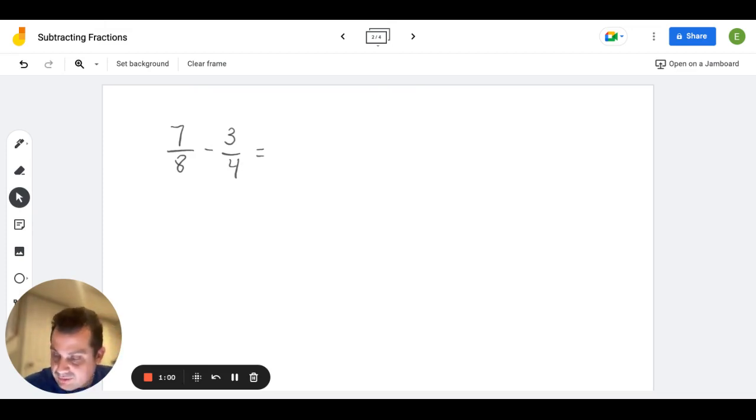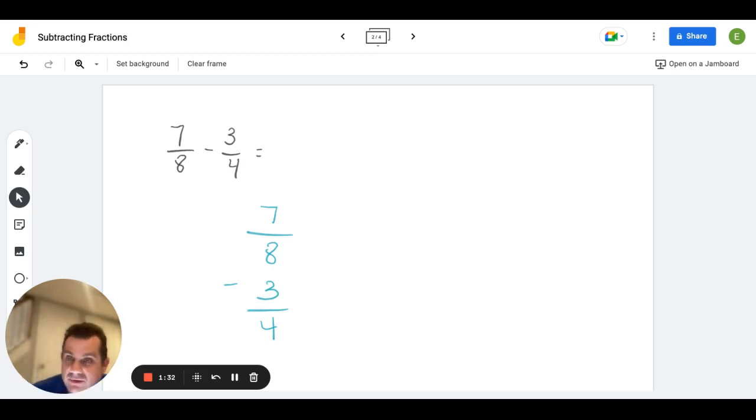Okay, so our answer will not be 4/4. We know that is wrong. So let's look and see how would we do this. Well, what I've been going over saying is that I like to write these equations vertically. So 7/8 minus 3/4. Okay. Now when we do 7/8 minus 3/4 this way, I'm going to ask myself, what is the common